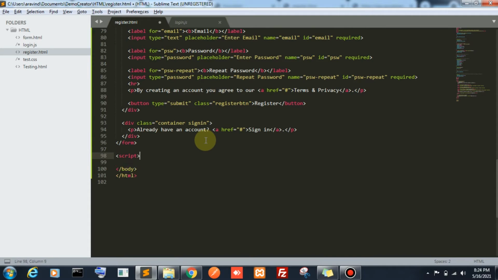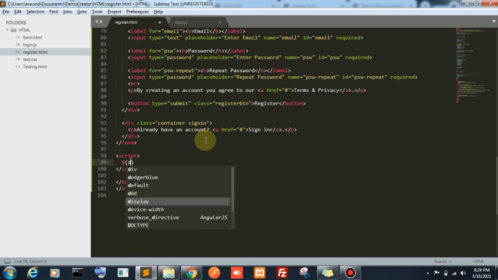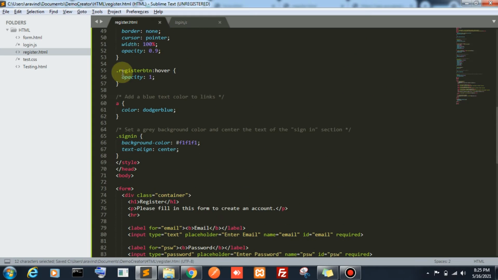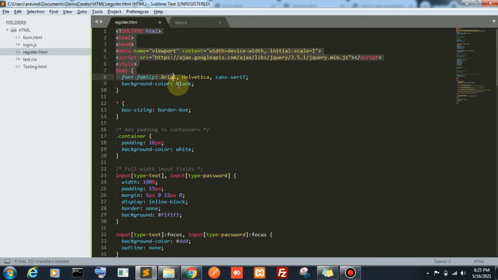There is an internal script tag. I'm just going to explain all this in plain English. In jQuery we have a document. $(document) is nothing but this HTML file. It refers to the current HTML file where we included this jQuery code. So this $(document) will be this DOM element, this HTML document.